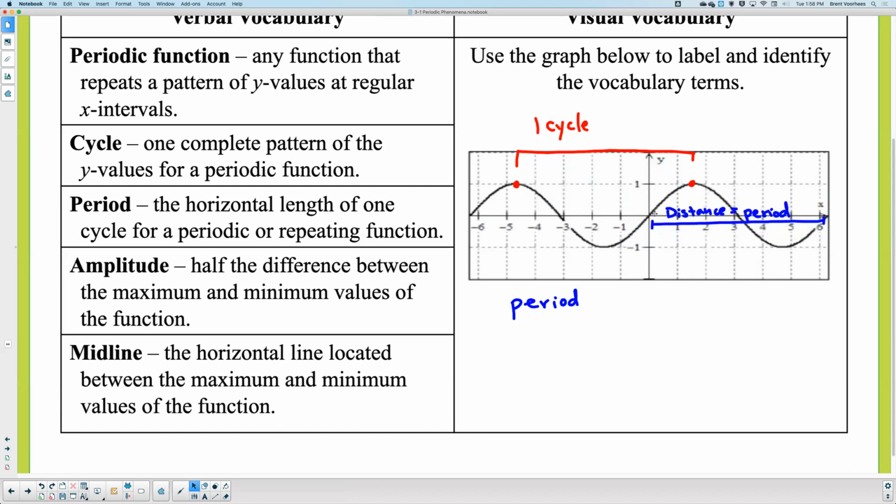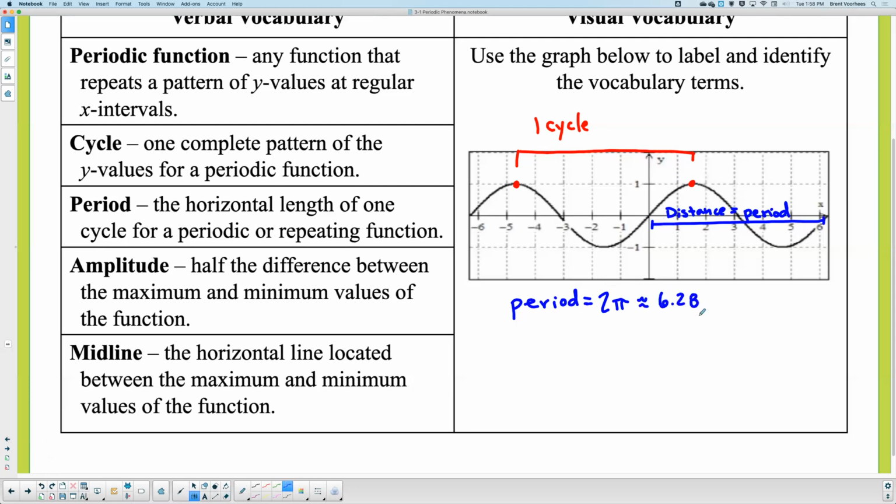I'm going to go from where it goes through the x-axis on its increase to the next time it goes through the x-axis on its increase. It's right there. That number is 2 pi. So this one here, the period is 2 pi. I'm going to put 2 pi. You might be going, how is it 2 pi? Well, 2 pi is approximately